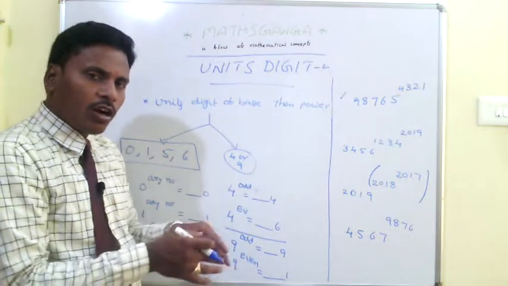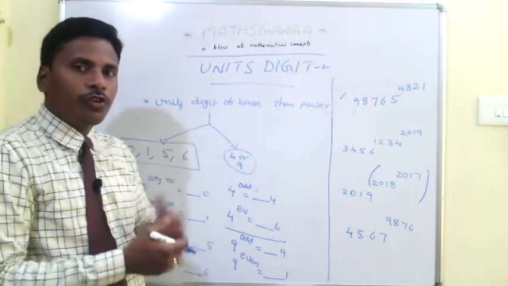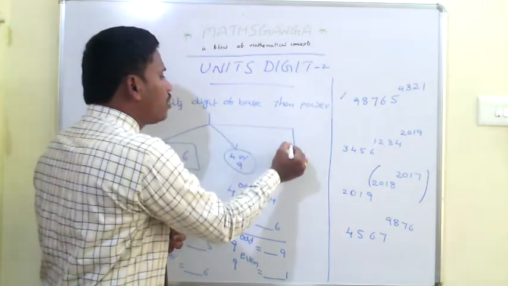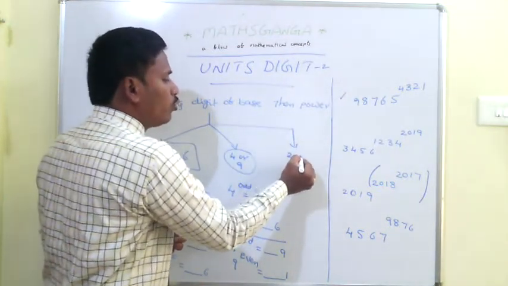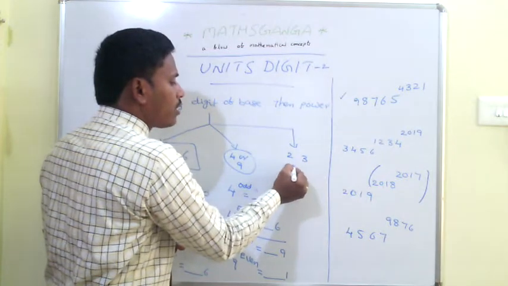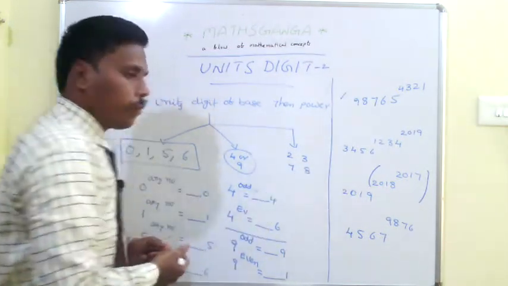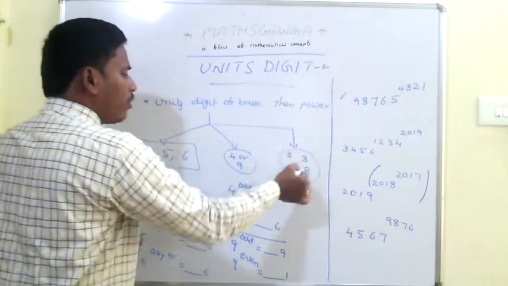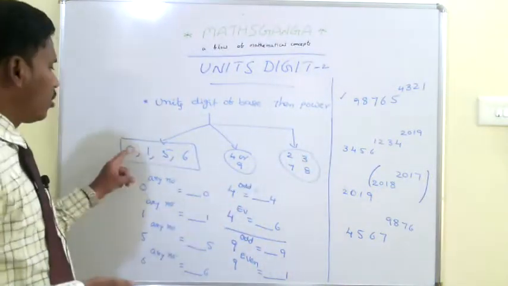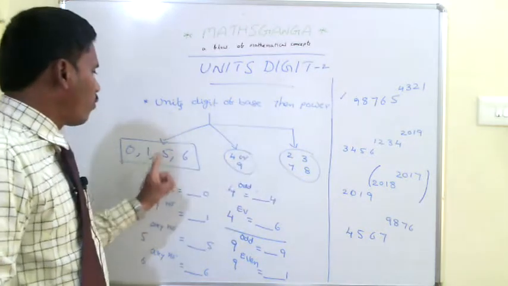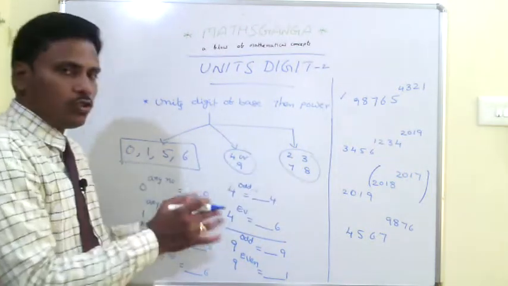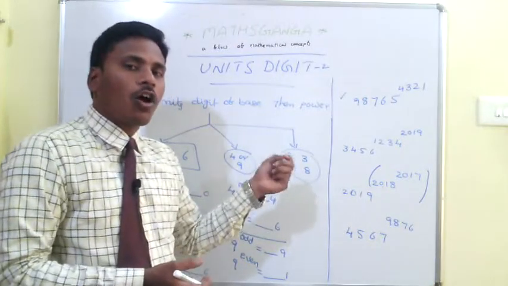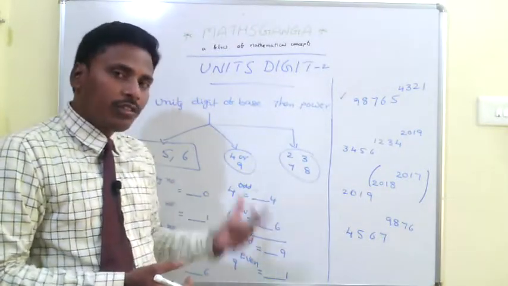If it is even or odd, then we will confirm the unit digit of the result. If the unit digit of the base is either 2 or 3 or 7 or 8, then how can we proceed? Every digit is covered here now: 2, 3, 7, 8, 0, 1, 2, 3, 4, 5, 6, 7, 8, 9, everything is over, right? If the unit digit of the base is 2, 3, 7 or 8, then to conclude this, again